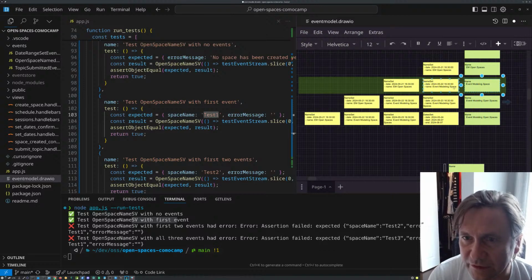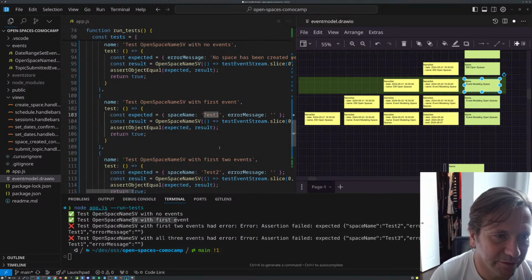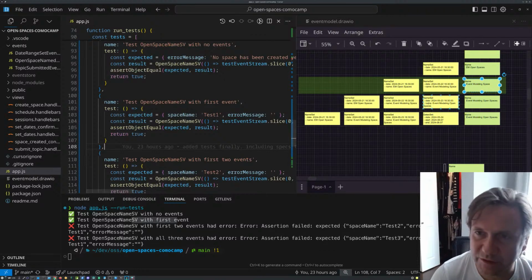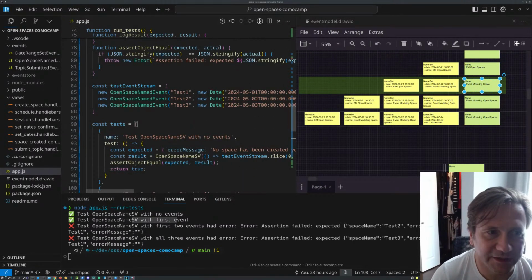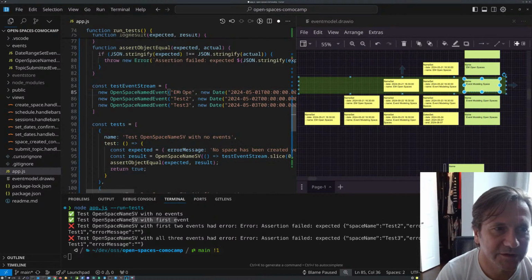That's a correction, right? So EM open spaces here, we show that the name is the correct one there. Of course, we should be using these names in the test data, so let's do that. This is supposed to be EM open spaces,